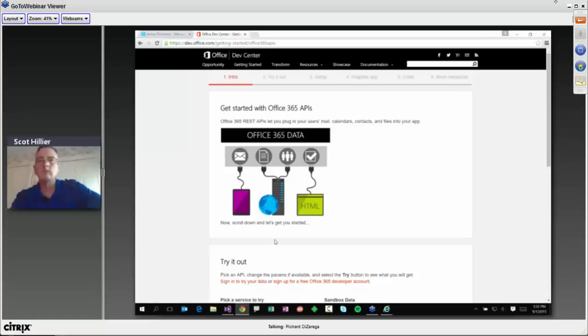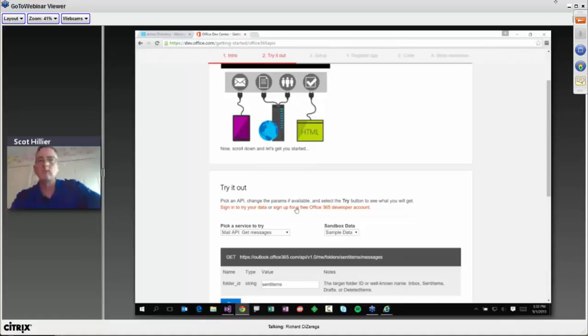And so it talks about, hey, you might need to sign up for a free Office 365 developer account. So for those that are listening that don't have one of these, you can get a free Office 365 tenant. It includes everything. It includes Office, it includes SharePoint, Exchange, everything. You get a one-user tenant of that for a year by going out here. So definitely do that if you don't have one.